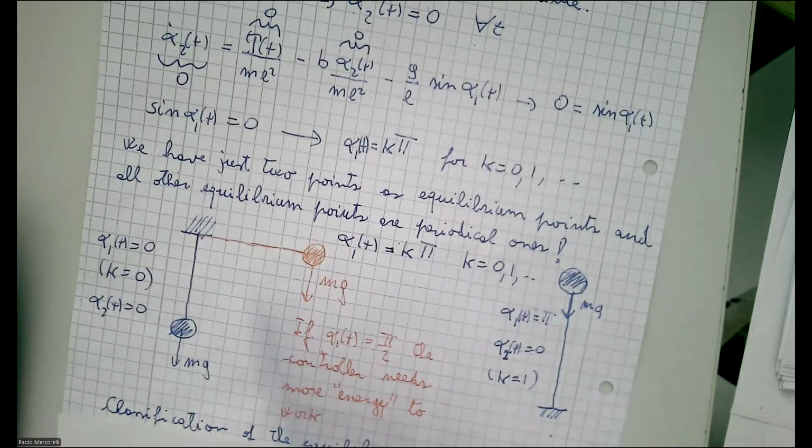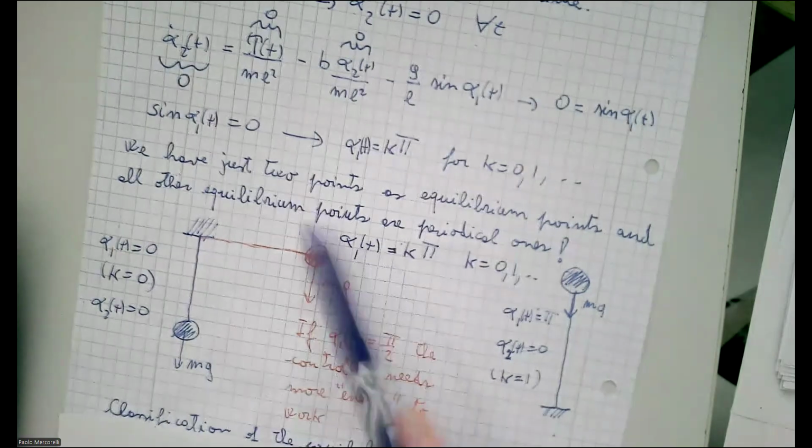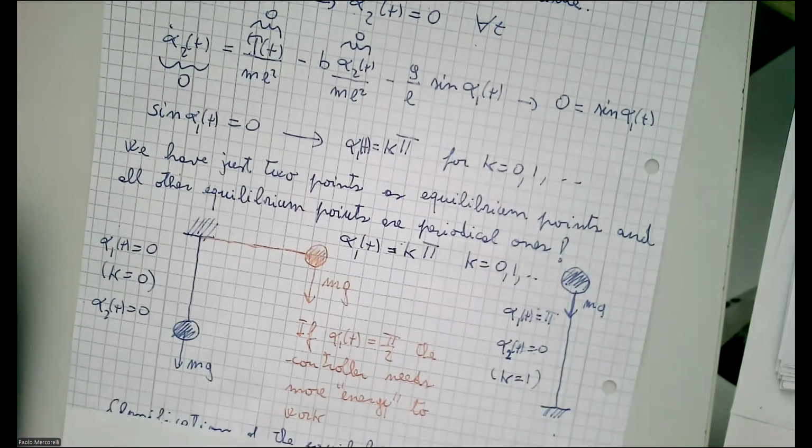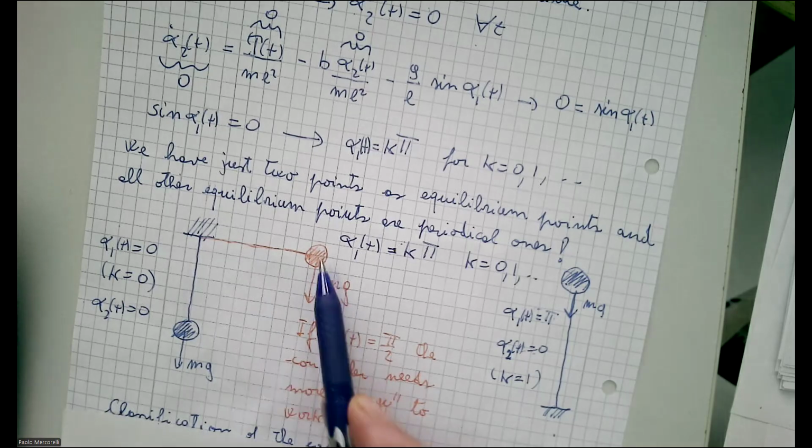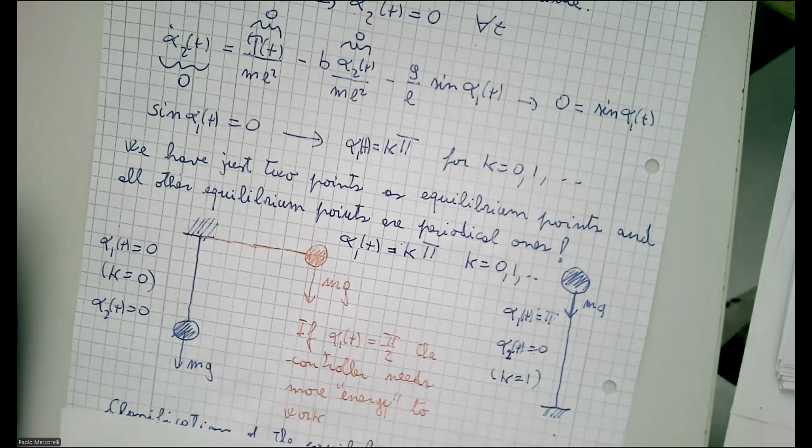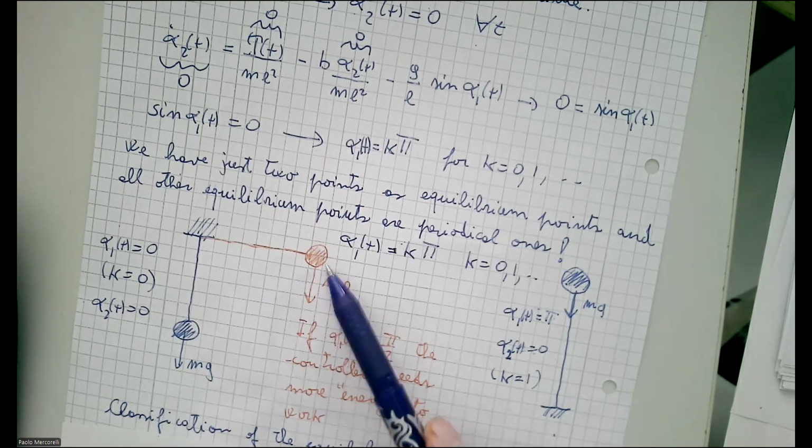Let me go ahead to classify the points, the equilibrium points, but let me tell you about this. Why this remark? This remark is there because controlling the system is very important to analyze how far away is my working point, in this case pi divided 2, with respect to the equilibrium points. Because of course we can understand that to control the system at this point here, which is not an equilibrium point,